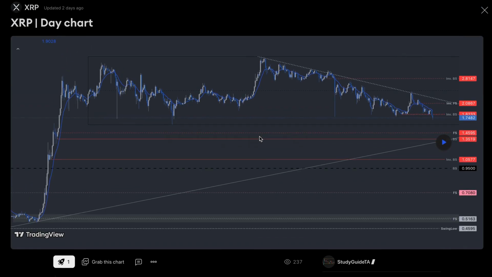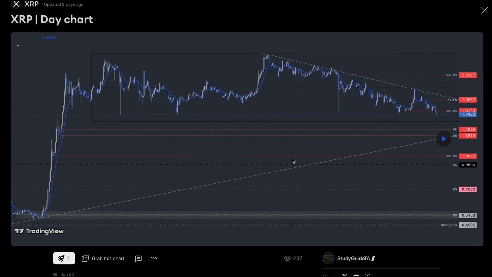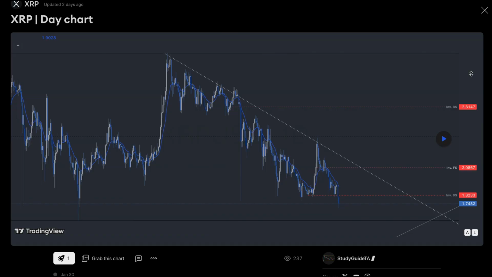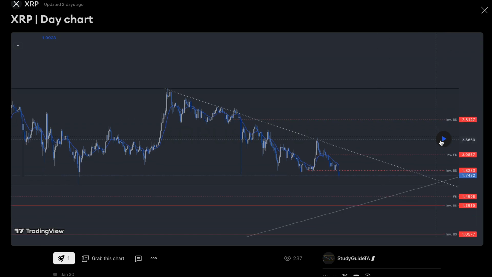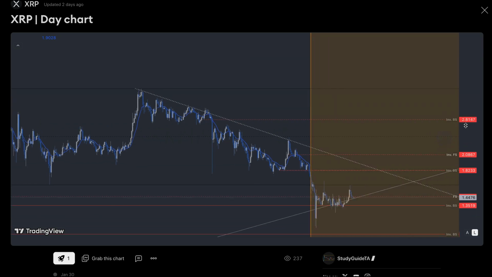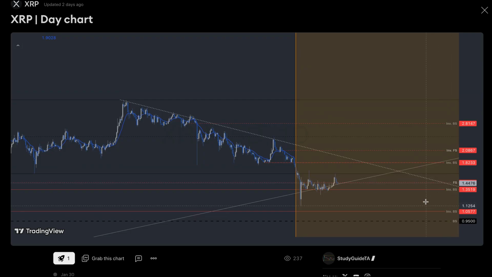This is XRP, a day chart that was posted on January 30th. The black lines are yearly levels. The gray lines are weekly levels. The red lines are daily levels. And by daily, weekly, or yearly levels, I mean time frame